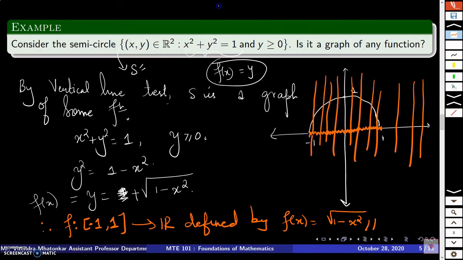Okay, now instead of this condition y greater than or equal to 0, one can also look at the condition y less than or equal to 0. That time you will get the second half of the semicircle downwards this way. Clear? So this is how the vertical line test works, and if it works, then this is how you get the function. This is one demonstration of how you obtain the function whose graph will be the given set. Okay,